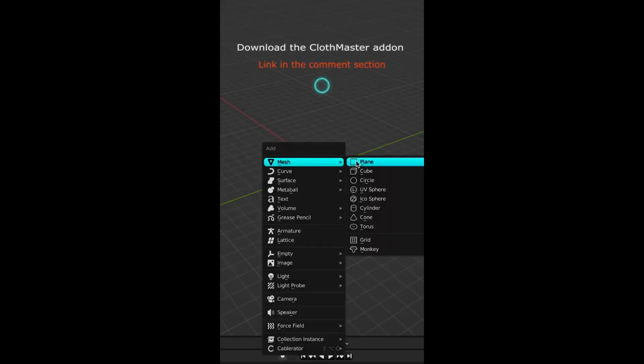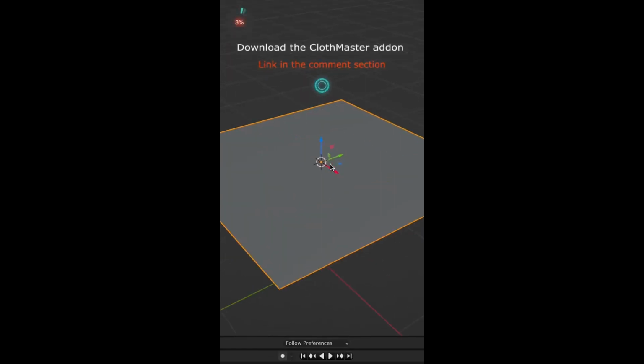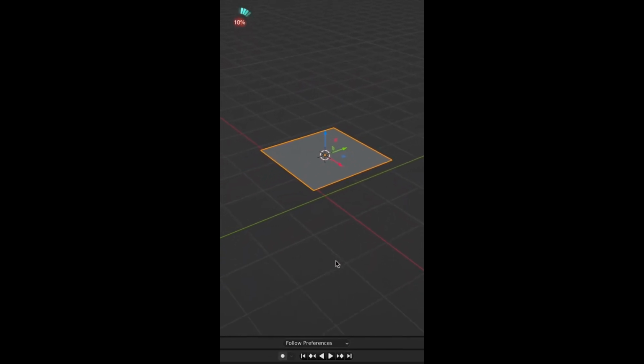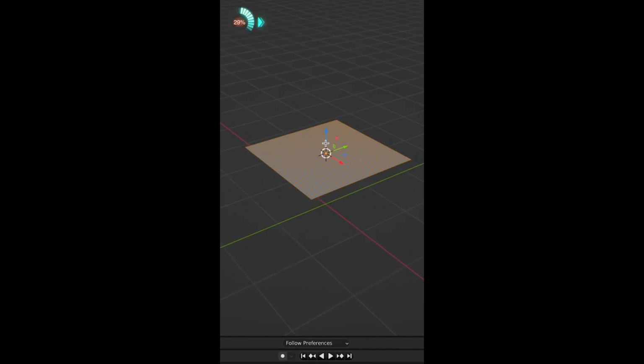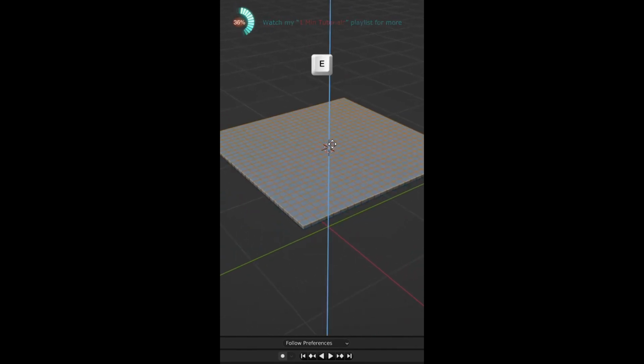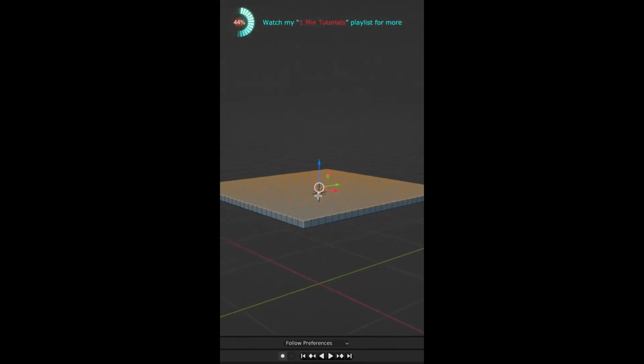ClothMaster. The ClothMaster is a free Blender add-on that revolutionizes the process of creating cloth simulation, reducing the process to a mere second. This tool is ideal for a wide range of users from concept artists and designers to hobbyists, professionals, and amateurs. Among its key features are the collision function, which adds collision to the object, and the clothify